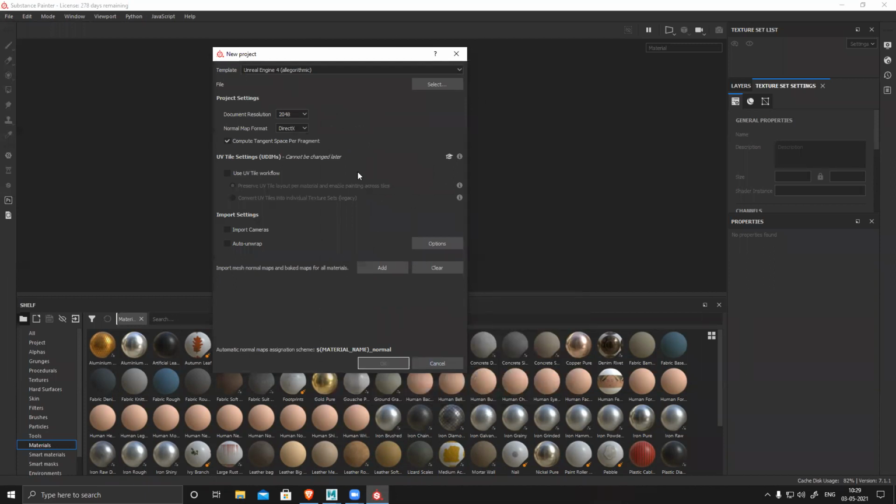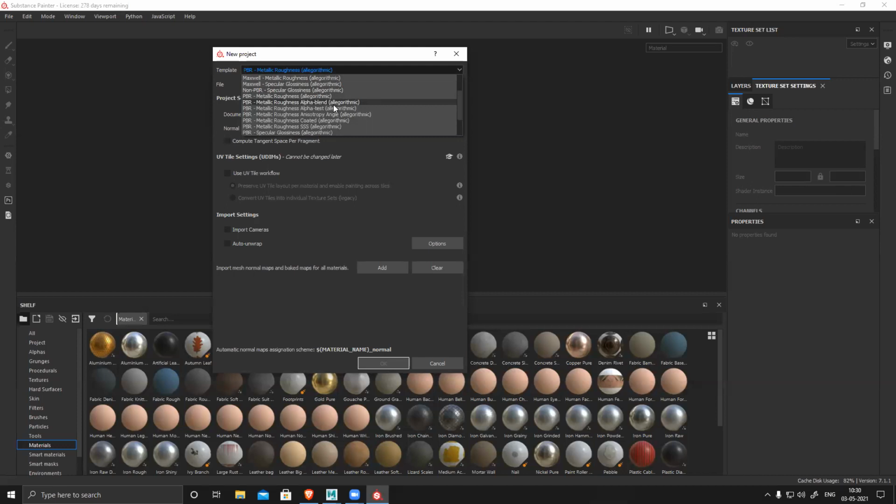So we are going to follow a PBR process. Right now, by default in my system, Unreal 4 is selected. Unreal 4 is a PBR pipeline, but right now we are not pushing this to Unreal. We're going to render it out in Substance or Marmoset. So that's why I'm going to select the PBR metallic roughness option, or if I want the alpha blend, I can click on this also.